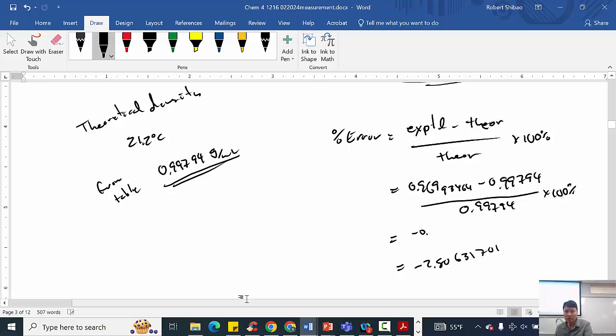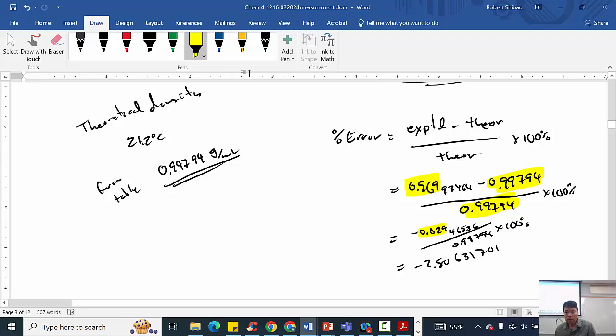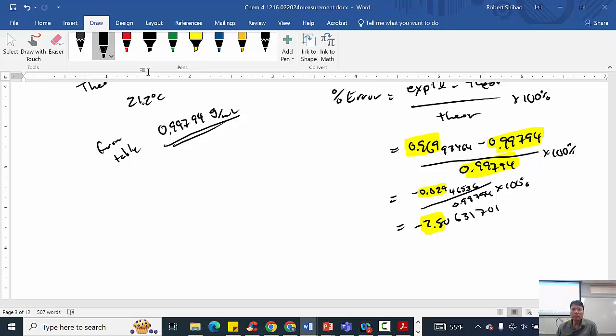So in the numerator I get minus 0.02946536, divided by 0.99794, times 100%. Okay, so this comes out to minus 2.8%